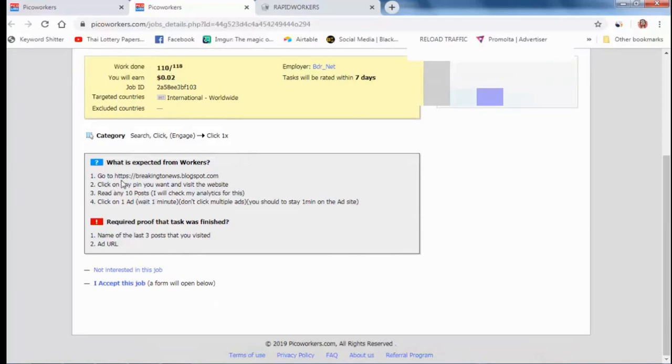You can check. Go to here. This is made by people. They are sending directly to the blog. This is a wrong campaign, I think. If you run your campaign, always send people by search engine to your website. If people go directly to your website and then click on your ads, those clicks are not accepted on Google AdSense, because that is direct traffic. You need to send traffic by search engine.